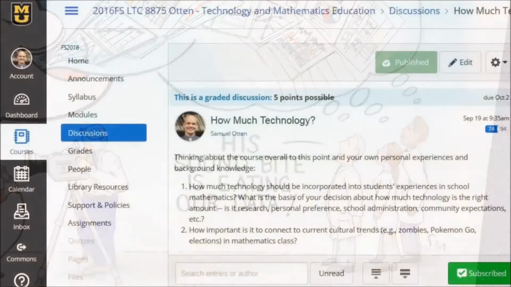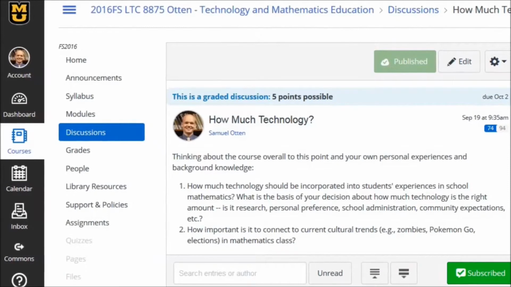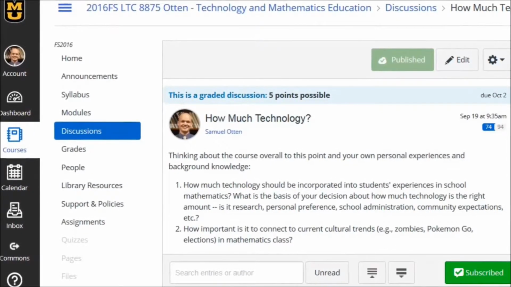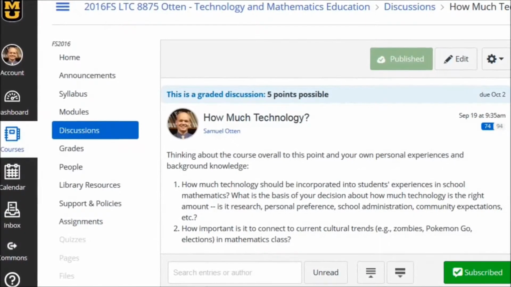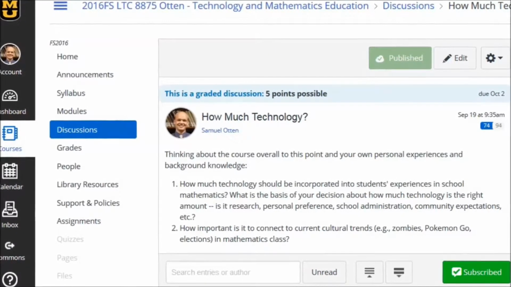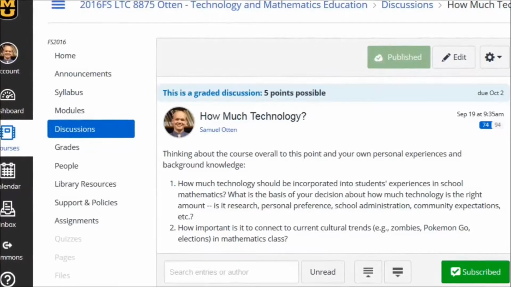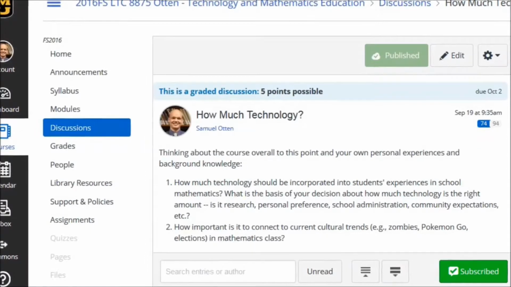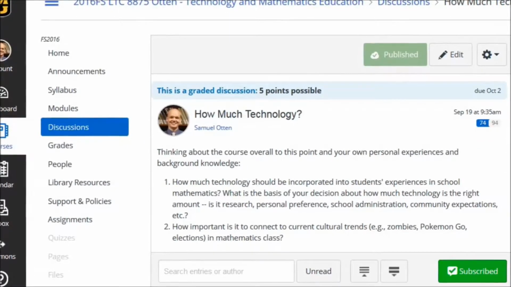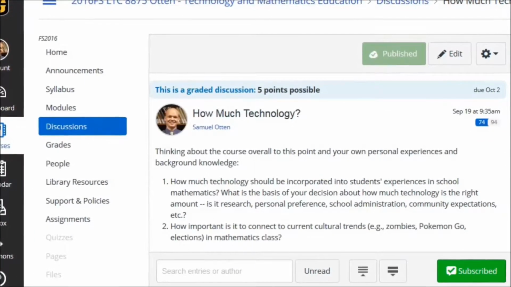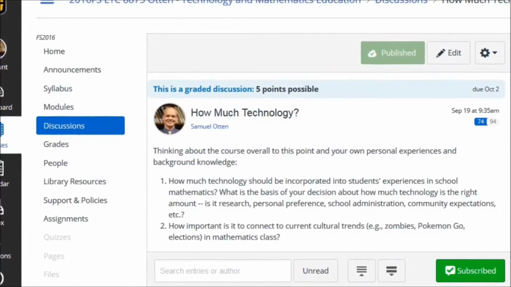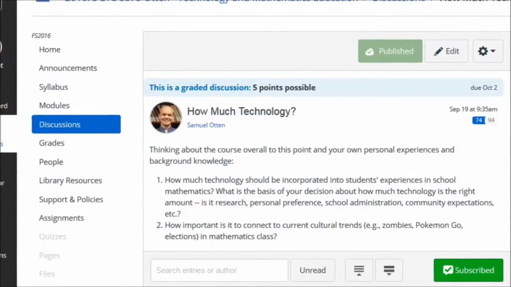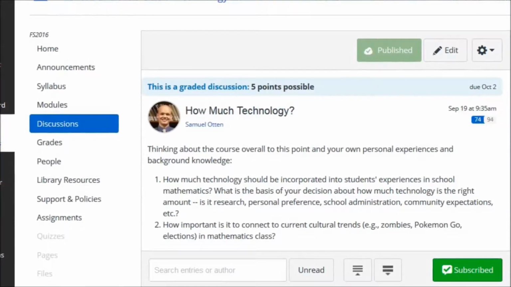In your discussion forums, you also had some interesting ideas about when it is appropriate for students to use calculators. Should they use them to explore concepts initially, or should they wait until after they've learned a concept and then use the calculator later to just implement it? Should they use the calculator for simple arithmetic? Should they use it just to check themselves? Should they have a paper and pencil or mental approach first, and the calculator is just a backup plan or a way to check? These are important issues, and they're not just about calculators, they're about technology in general. So we're going to follow these forward.